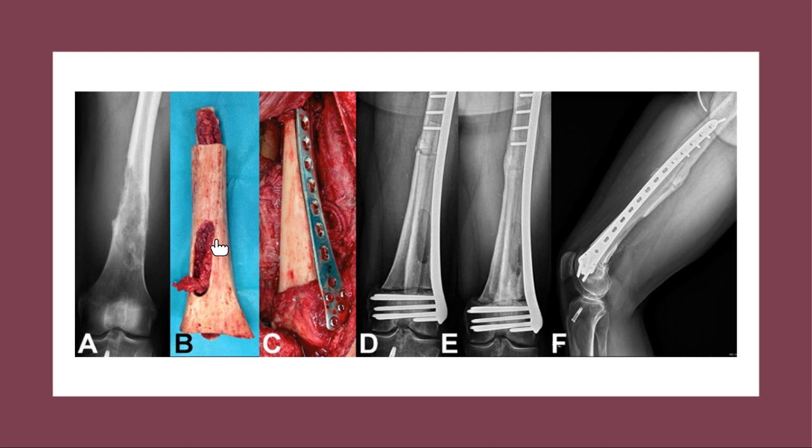Usually you can either get it frozen or you can get what they call a fresh sample, where somebody has just recently passed and it's not frozen yet. The fresh one is usually better because it tends to be quote unquote healthier, and tends to heal faster than the frozen one, but sometimes you have to get the frozen one. So this is actually taken from a cadaver or somebody recently passed. They have bone banks present in different parts of the world. We don't have one here in the Caribbean, but we get ours if we need it from a bone bank